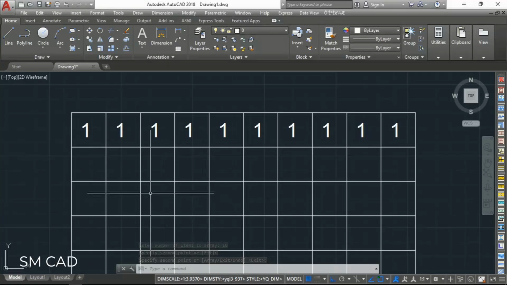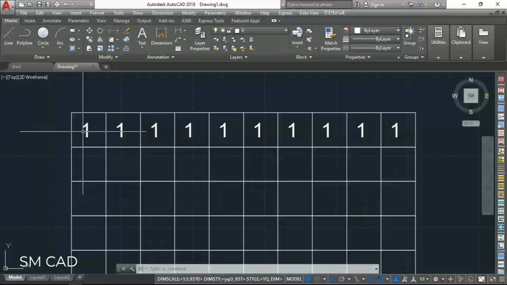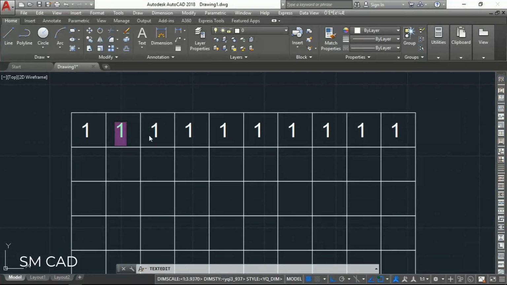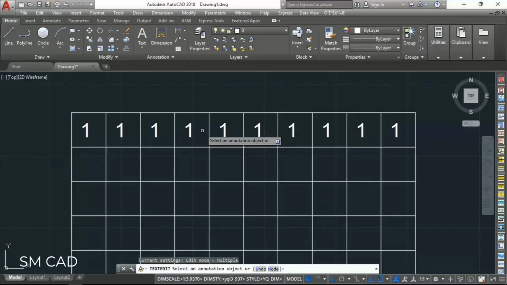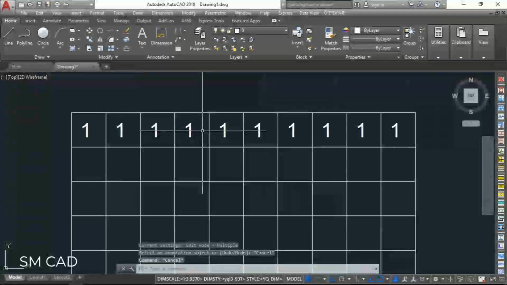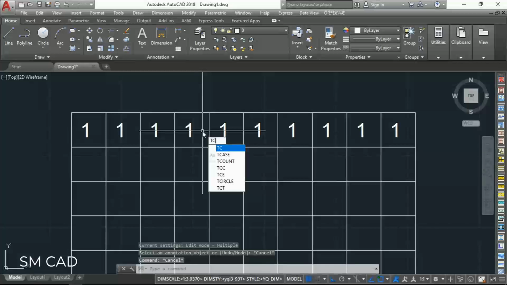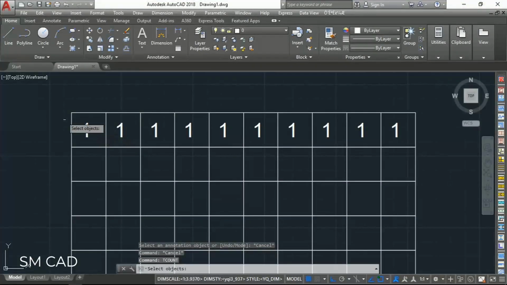Suppose I want to change this text from 1 1 1 to 1 2 3 4 5 6 7 8 9 10 and so on up to the end of your table. So we have two ways. One is the normal way: I need to double click on this, edit it, then go to another one, 3 4 5 6 7 8. So it will take too much time from you. Instead of that, we have one command, tcount. Just type t c, so it's coming here, tcount. Click on this, select object,